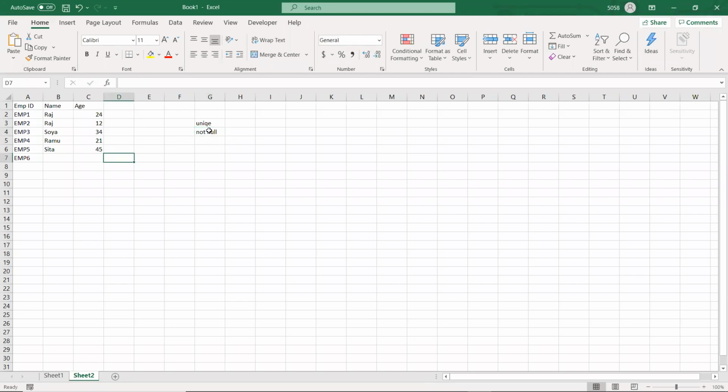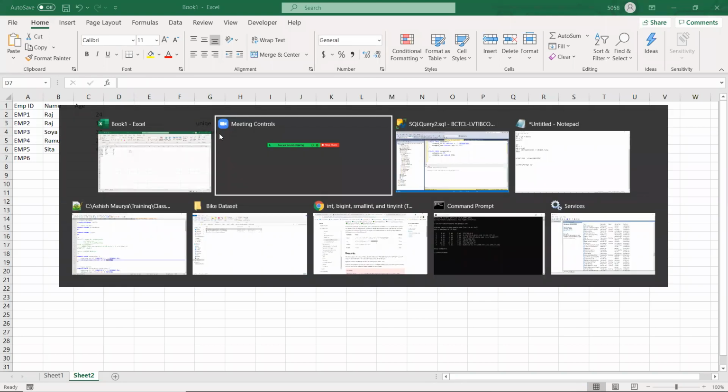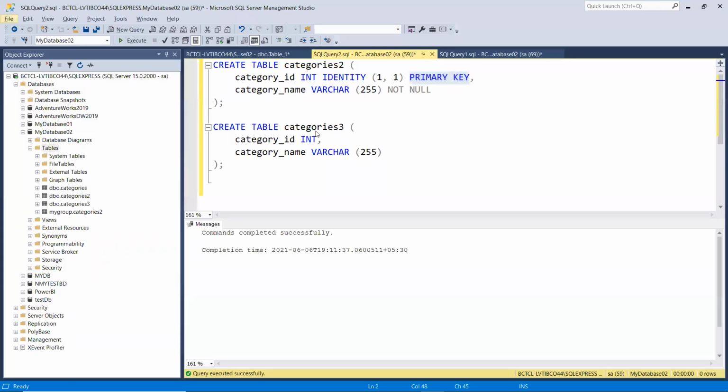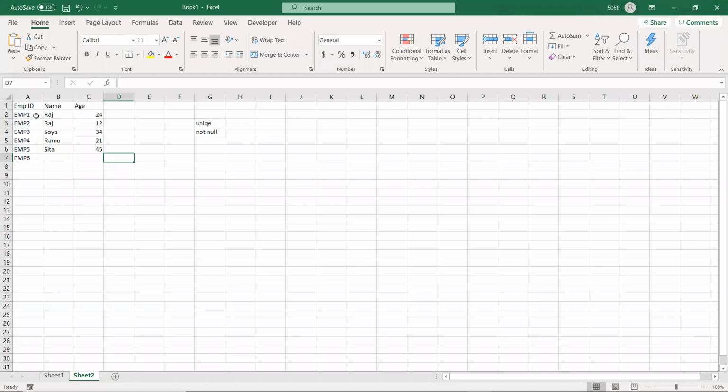Okay, so I hope everybody's clear what restrictions we have now. Why do we need to define a primary key? Obviously to make sure that we have unique values, and that the column works as an identifier. Now there is something called a secondary key.